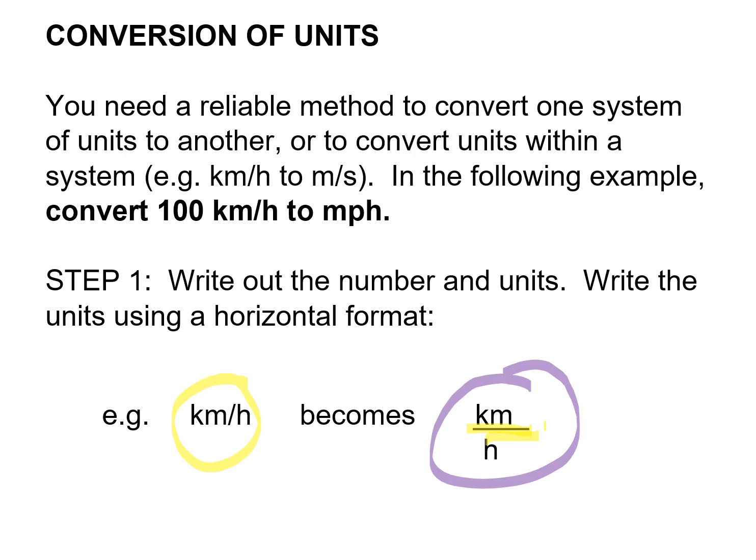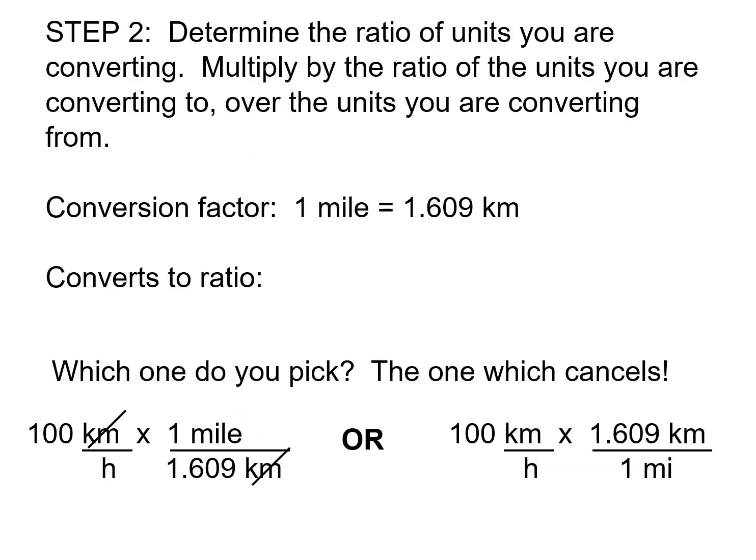So we're doing 100 kilometers within 1 hour. So that helps us kind of solve this. So determine the ratio of units you are converting, okay? By writing it like that, you're helping to determine that. Then you're going to multiply the ratio of the units you are converting by the ratio of the units you are converting to, okay? So 1 mile is roughly